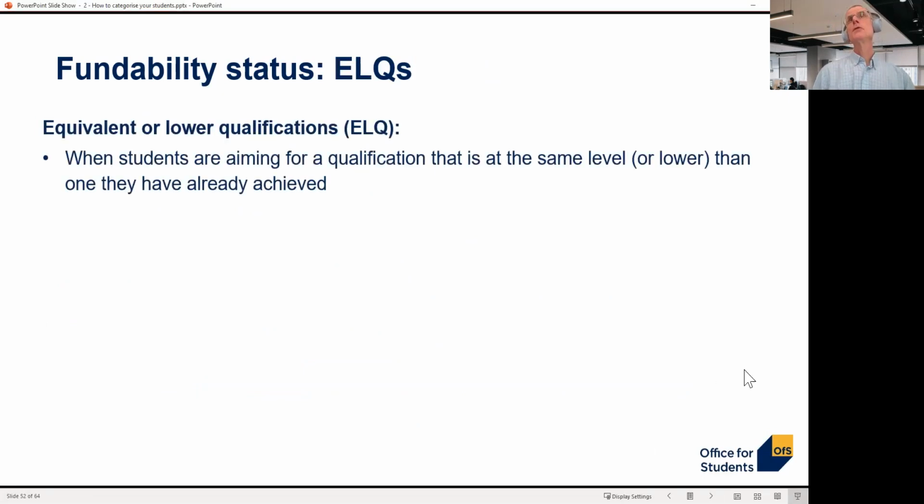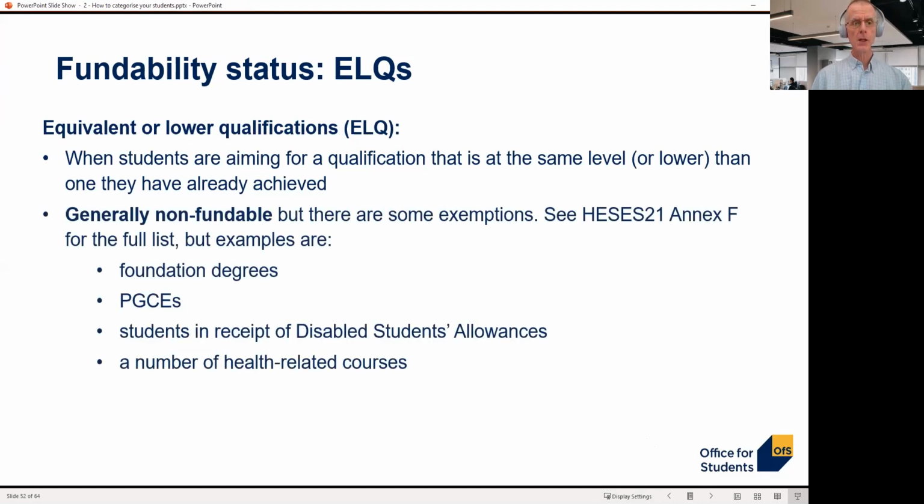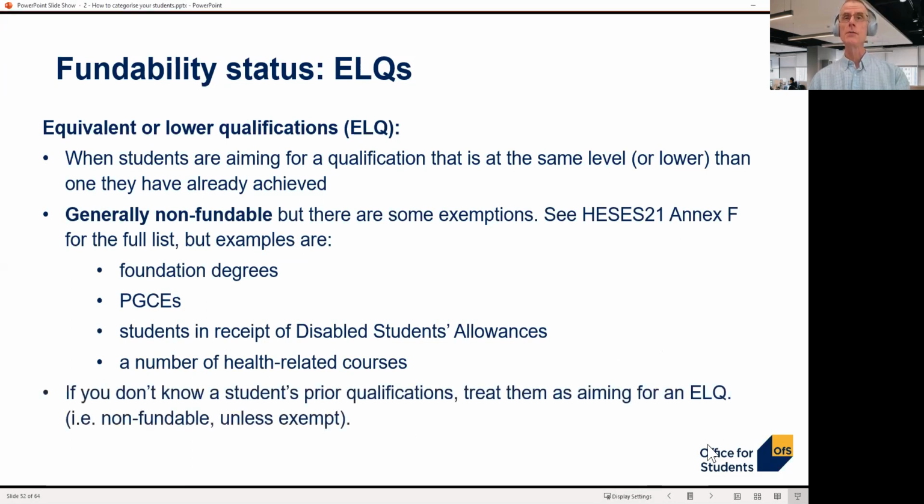When students are aiming for a qualification that is at the same level or lower than the one that they already have, then we're in ELQ territory. Generally, these are non-fundable, but there are some exceptions. And again, Annex F has the full list, but you can see the ones that I've mentioned here: foundation degrees, PGCEs, students in receipt of the disabled students allowances, and a number of health-related courses as well. I think the key takeaway here is that if you don't know a student's prior qualifications, you should treat them as aiming for an ELQ, which is to say that they're non-fundable,